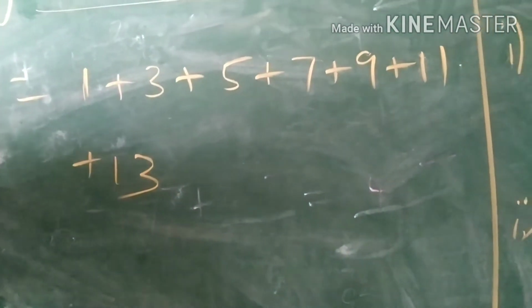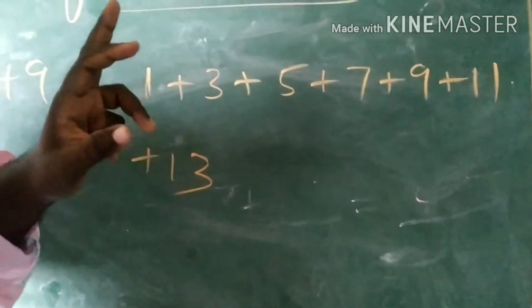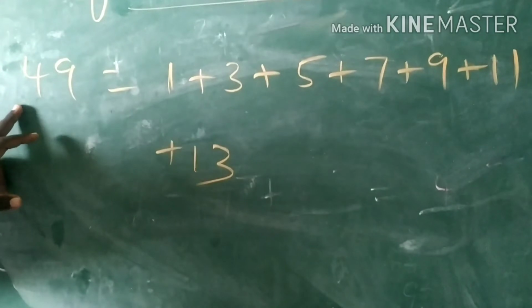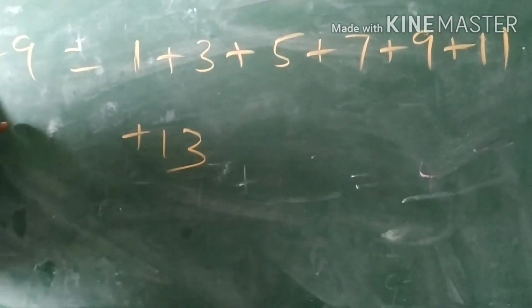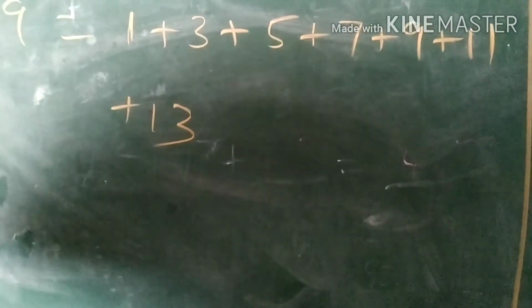This is the reverse process of property number 5: the sum of 7 consecutive odd numbers results in 49. Then in the same way you have to do the second subdivision. Now you move towards question number 9.